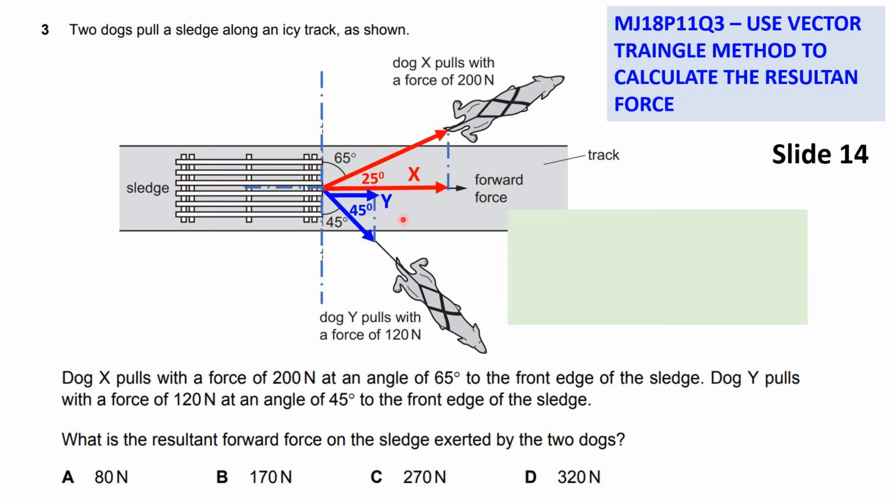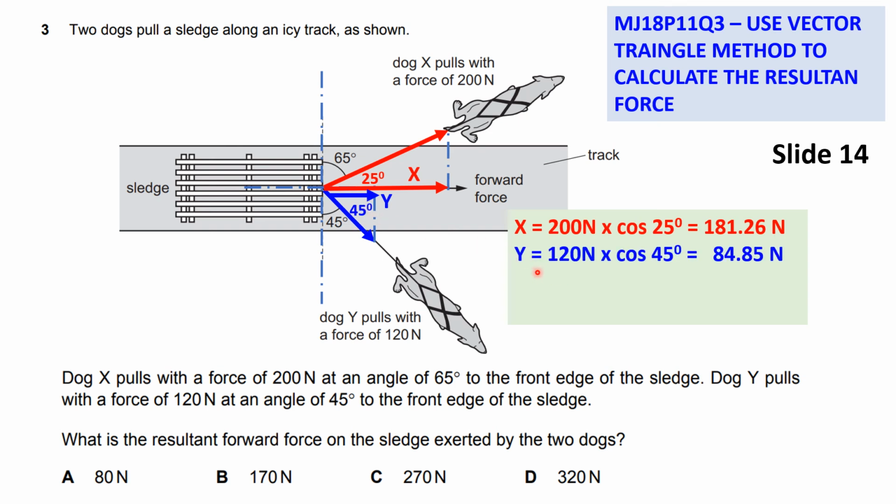Next step is to calculate X and Y components here. So my X is 200 times cosine of 25 degrees, which is 181.26 newtons. For this Y vector, again, this is not Y direction, it's just the name of the vector. This Y vector here is close to 45, so again, I'm using cosine. So Y is 120, which is the value of this force, times cosine of 45, which is